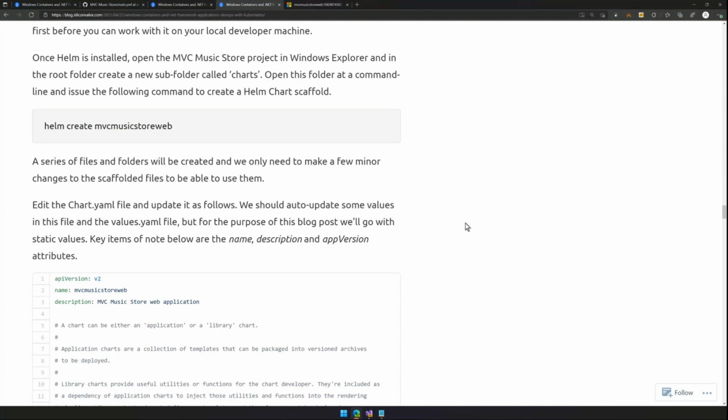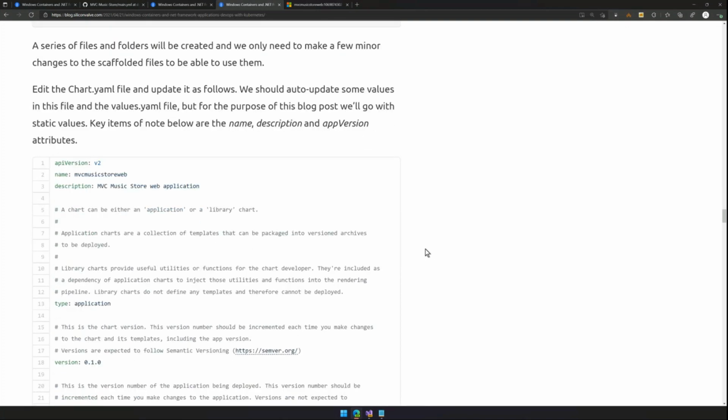other. So for the purpose of this solution, it's probably a little bit overkill, but I think it's important to think a bit about how you might do a web application that maybe has a web front end and an API that you want to have a relationship with each other. So you could use a Helm deployment to control the deployment of those components as a single solution. And it's actually not that much more difficult, and it means you're not having to deal with some of the internals of Kubernetes as well. So we'll take a look at the Helm chart in a minute.